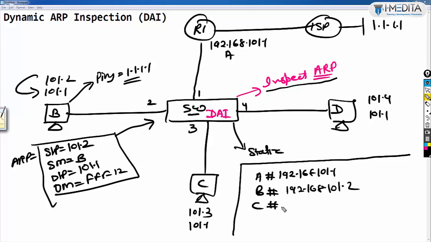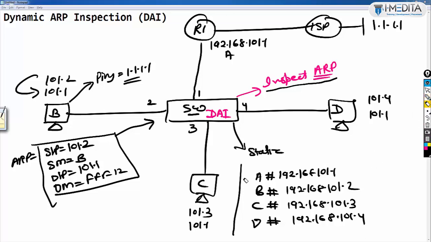MAC address C has IP address 192.168.101.3, and MAC address D has IP address 192.168.101.4. So what we have done now is define these ARP entries, or we can say ARP IP to MAC mapping, manually.